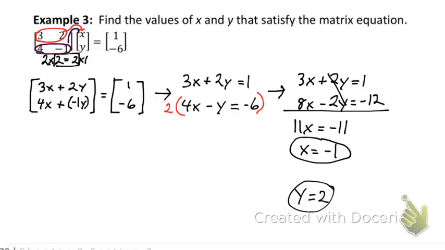Yes? So theoretically, couldn't we use a calculator and divide the matrices? Absolutely. To divide the matrices? What do you mean? Like, couldn't you do like